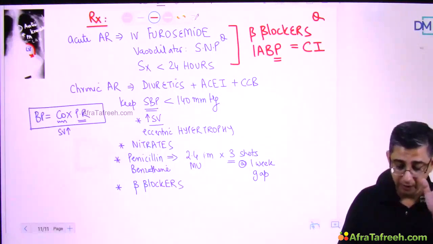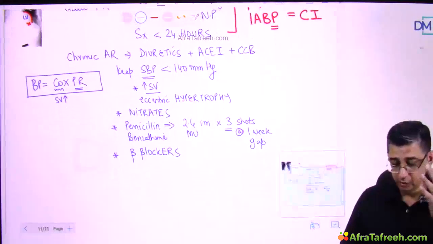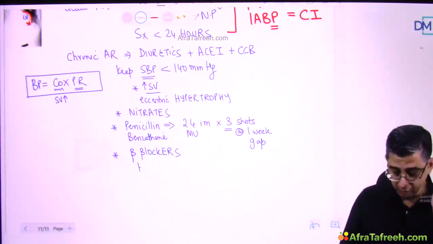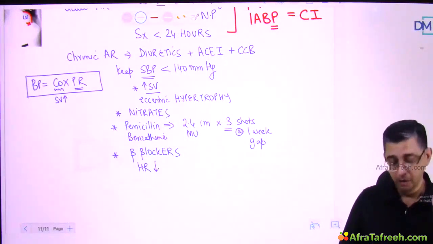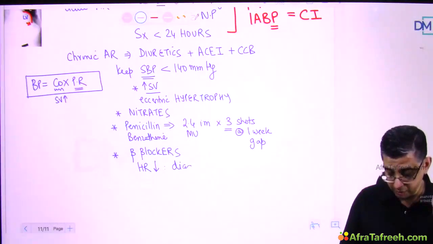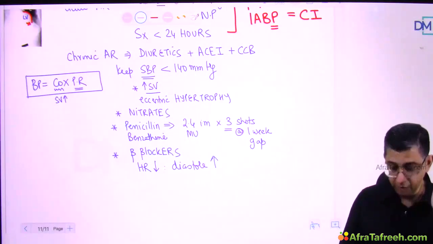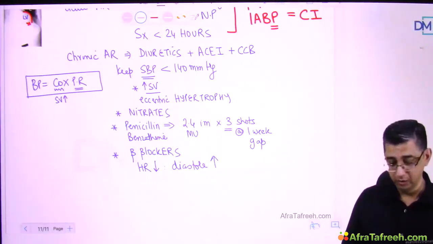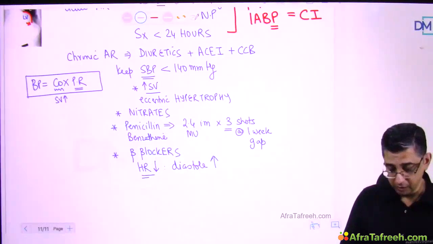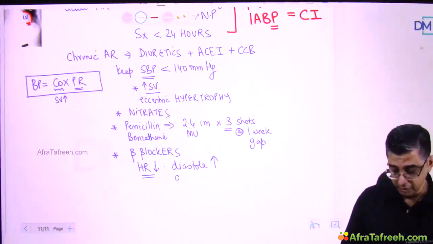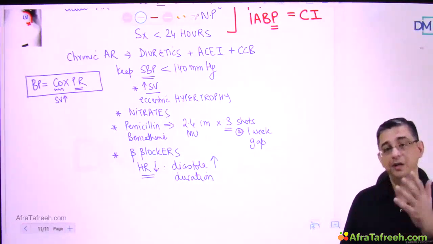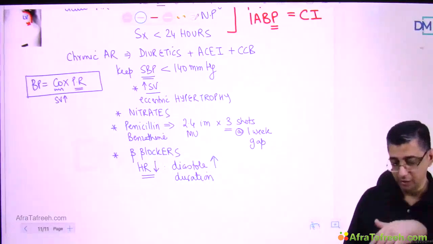For the chronic variety, I'll say like this: when I was a student at your age, they used to say beta blockers are contraindicated in chronic also. The logic behind that was that when beta blockers slow down the heart, it will result in an increase in the duration of diastole, and that will give more time for the blood to come back into the heart. Slowing down the heart will cause an increase in the duration of diastole, so more blood will come back into the chamber of the heart. But this theory is now discredited, in the sense that yes, diastole duration will increase and more blood will come back in the heart,